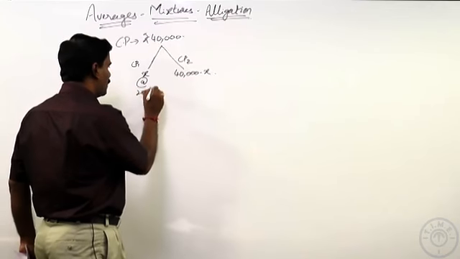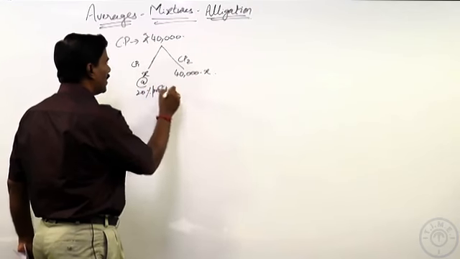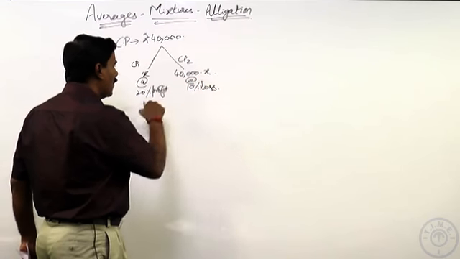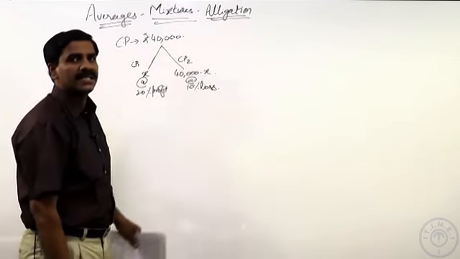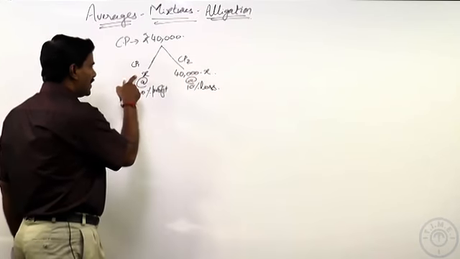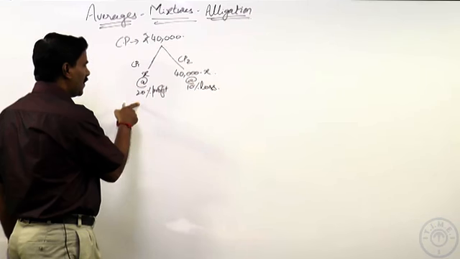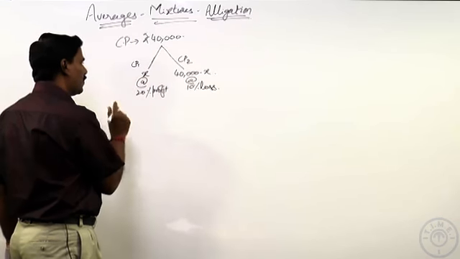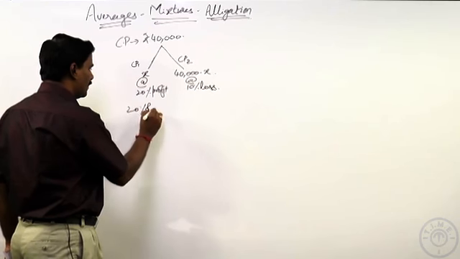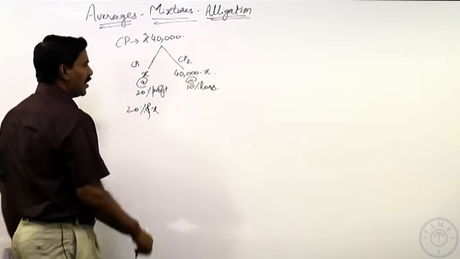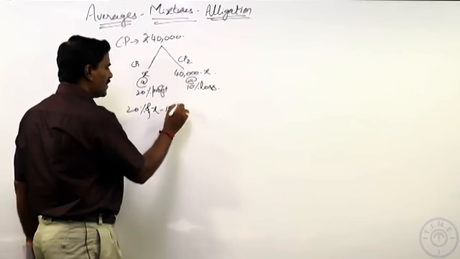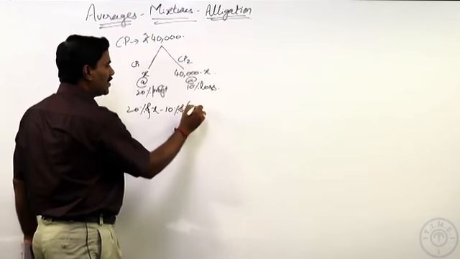The first article is sold at 20% profit, is the information. The second one is sold at 10% loss, and on the whole, selling them gives 8.75% profit. So if x is the cost price and we have 20% profit, 20% of x is the profit involved in the calculation. And here there is a loss of 10%, which is basically a negative part. So minus 10% of 40,000 minus x,